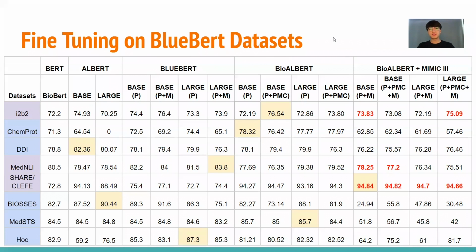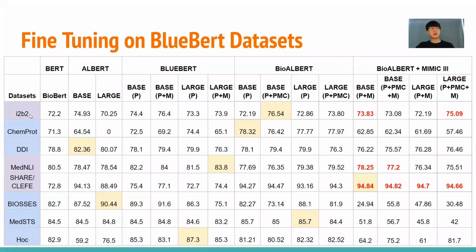This slide shows the fine-tuning results on BLUE datasets. We fine-tuned a total of 3 models: the previous team's BioALBERT models, our BioALBERT models with MIMIC-3, and the original ALBERT model. Yellow cells represent the best model. Red numbers represent where adding MIMIC-3 helped improve BioALBERT models.